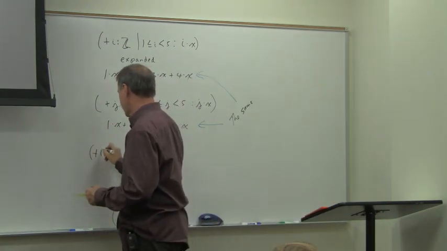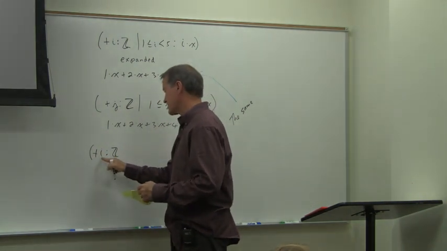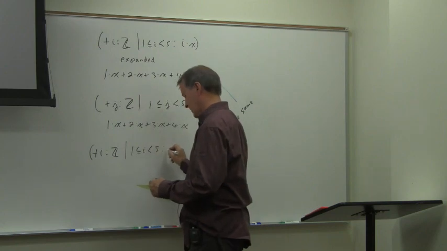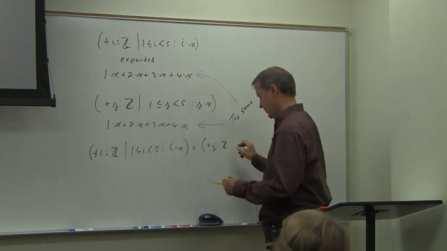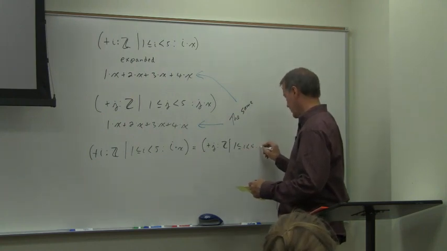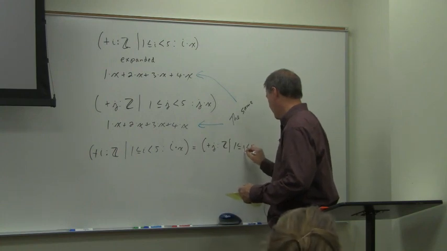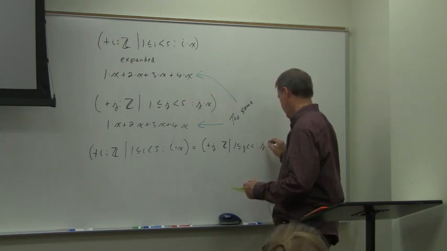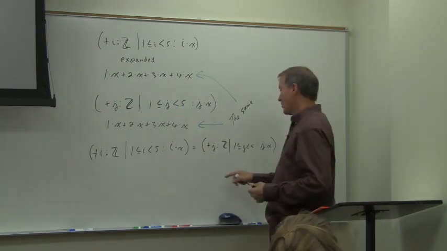If we say plus, sum over i of B sub i, where i is type Z, range 1 less than or equal to i less than 5, i times x equals plus sum over j, type Z, range 1 less than or equal to i less than 5, body B sub j, j times x. This now, but look,